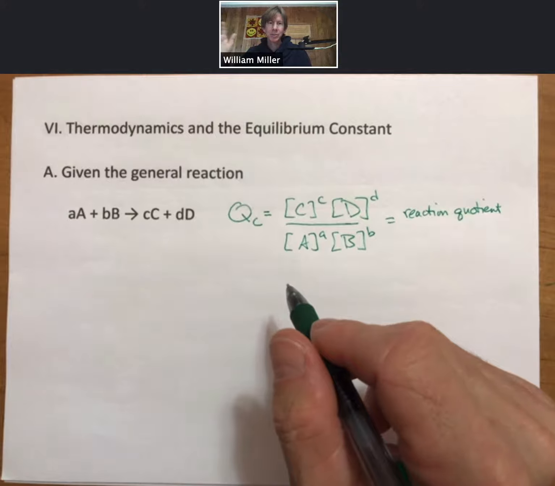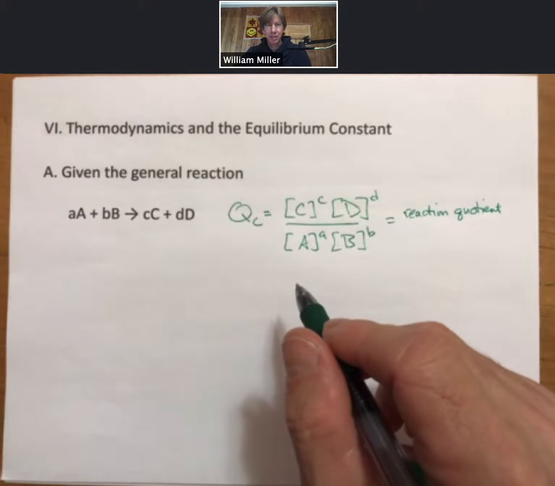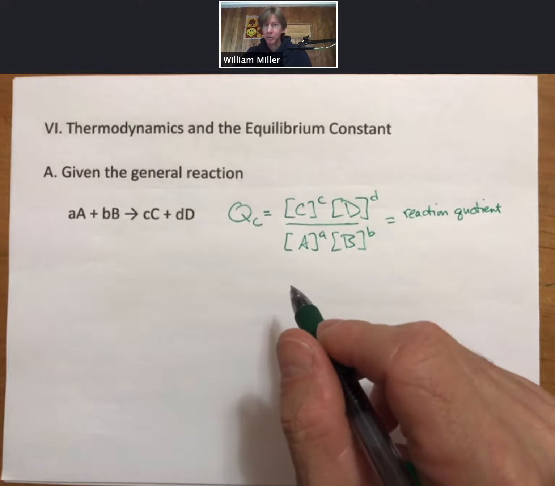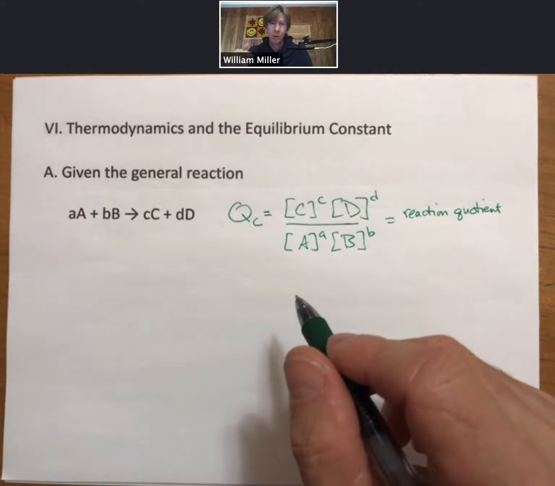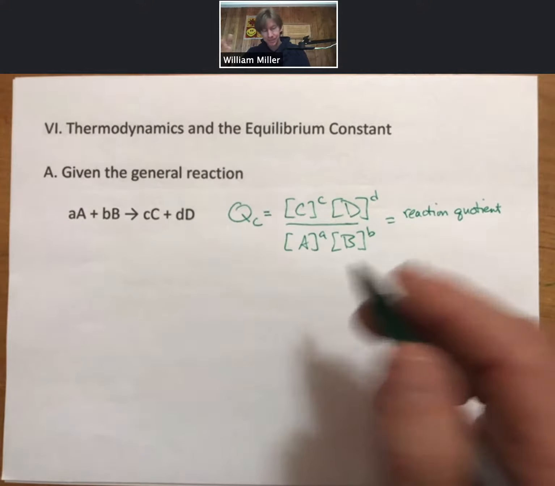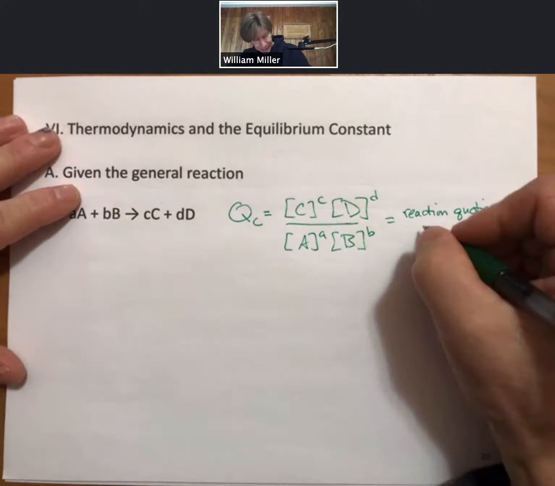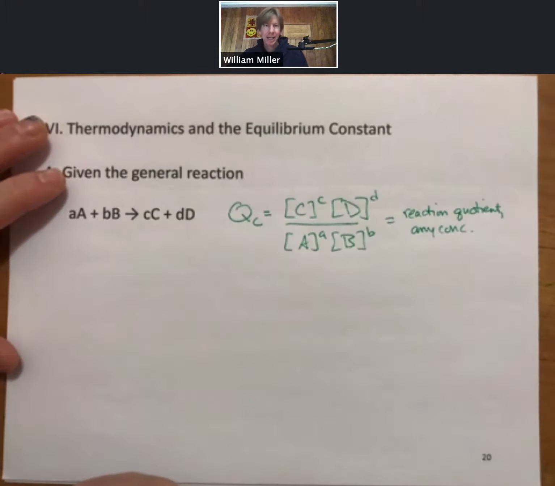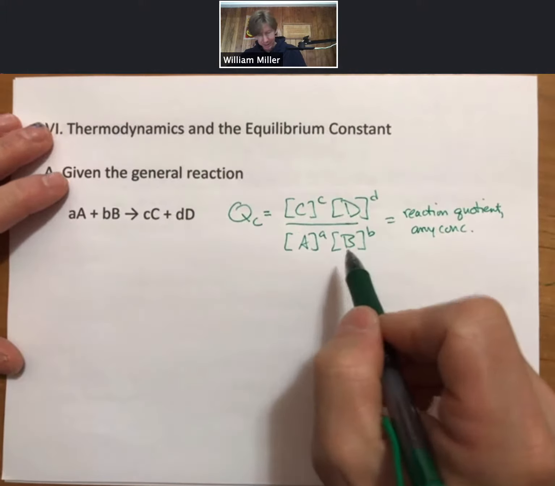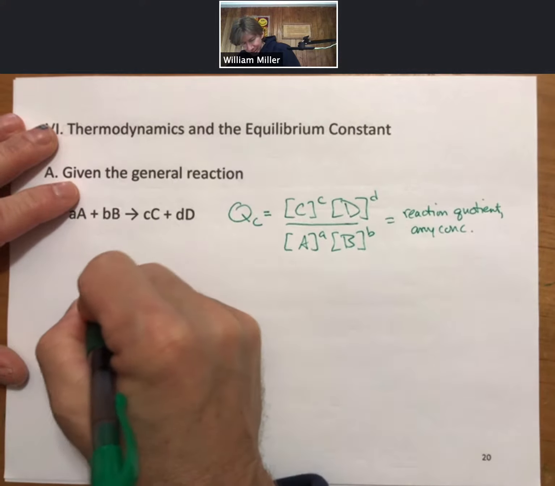The relationship between QC and Kc tells us whether a reaction needs to go in the forward direction, whether it needs to go in the reverse direction, or whether it's at equilibrium. So the reaction quotient uses any concentrations, and Kc would be equilibrium concentrations. Now I'm going to create a little table here. It's going to be condition,